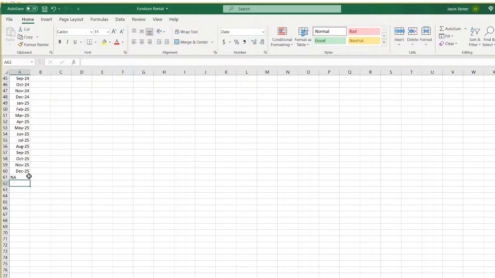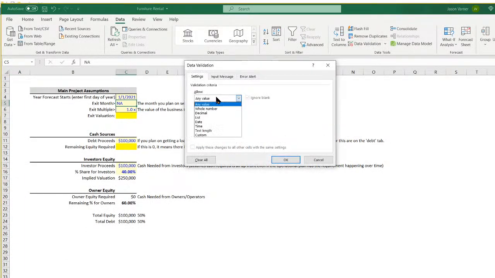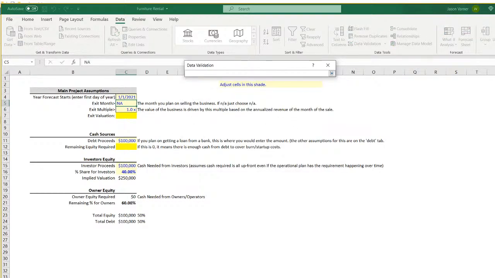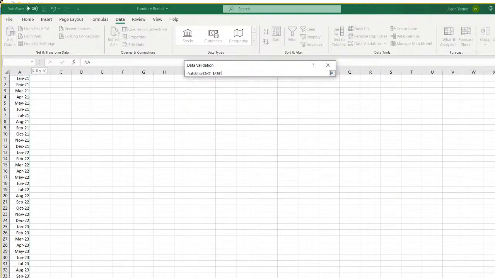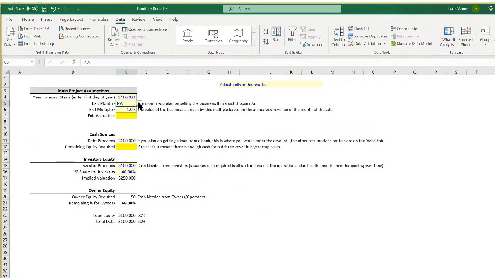Always put an NA option for the exit because there might not be one. All my models are for data entry for the user. Everything that's editable is always in light yellow with blue text, or just light yellow on my older ones, but it's very clearly defined. Yeah, this could be based on annualized revenue. Okay,